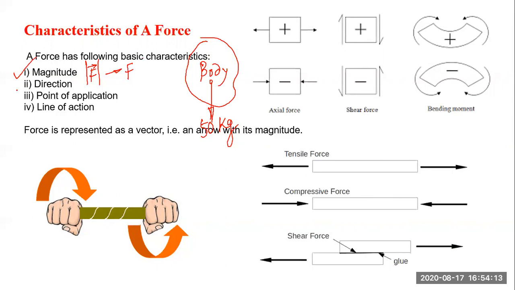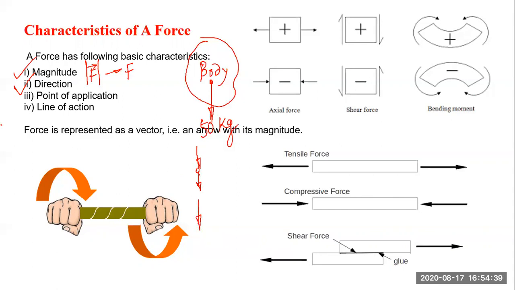So direction. Next is point of application. Since it is a weight, we assume that for a particle, or a point mass, it has no meaning if we show it like this or like this or outside. No meaning. But the line of action must be the same.